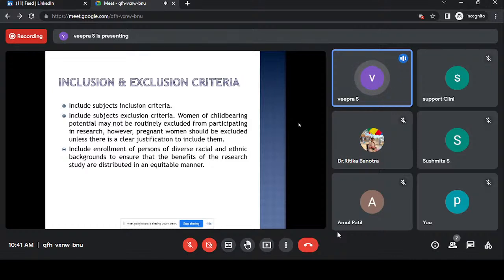Then mostly pregnant and lactating women will not be allowed in the trial. If they mention that, pregnancy and lactating mothers will be excluded from the trial. And in case anyone has childbearing potential, they should use contraceptive methods. Otherwise, those who wish to become pregnant will also be avoided from the trial. Like that, some points will be present in the inclusion and exclusion criteria. So for every trial, a different inclusion and exclusion criteria will be present